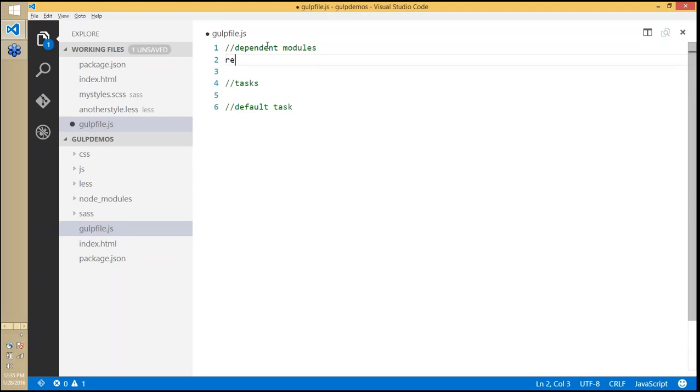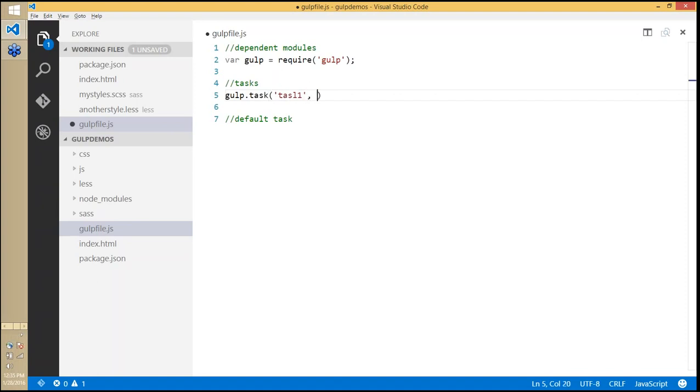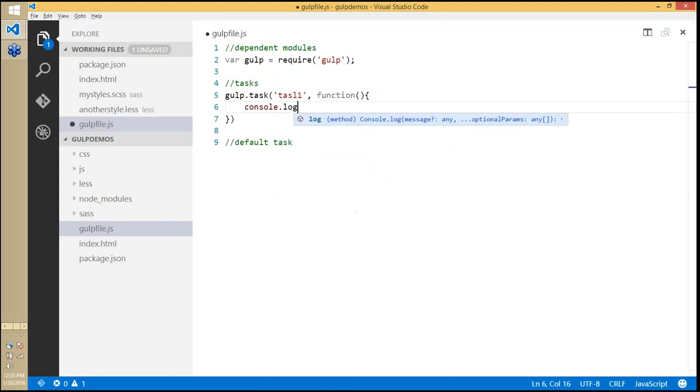So what I'm going to do now is say var gulp is equal to require gulp. Gulp alone cannot help me. What gulp can help me with is that I can say gulp.task, and I can name any task. I can say task1, and then I can write a function. Let me quickly show you a simple stuff. So I can say